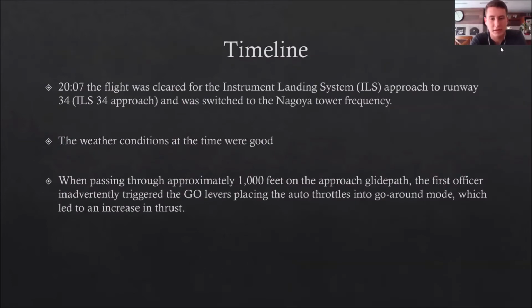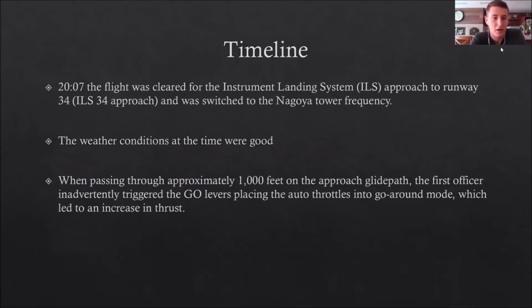So I made this timeline to show the sequence of the accident. At 20:07, the aircraft was during a landing procedure. They captured the ILS glide slope, and they switched the frequency to Nagoya Tower. The weather conditions at the time were good. I read in the final report, and they mentioned that the weather conditions were not a contributing factor to the